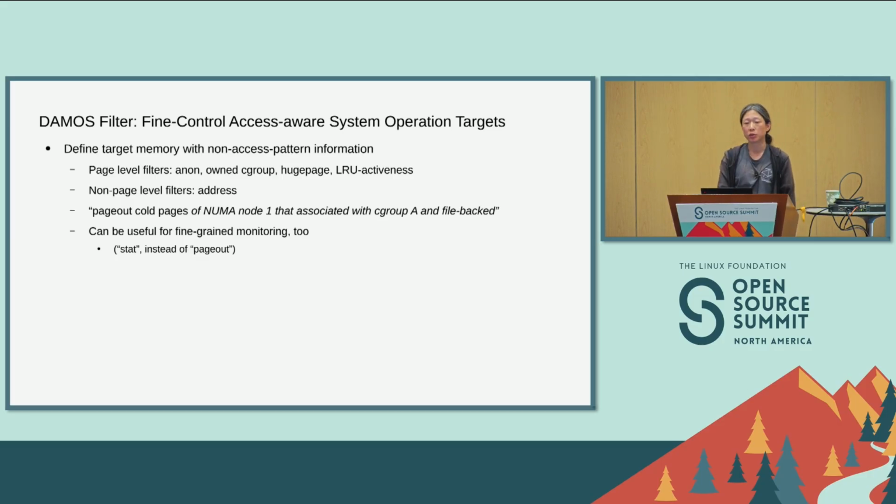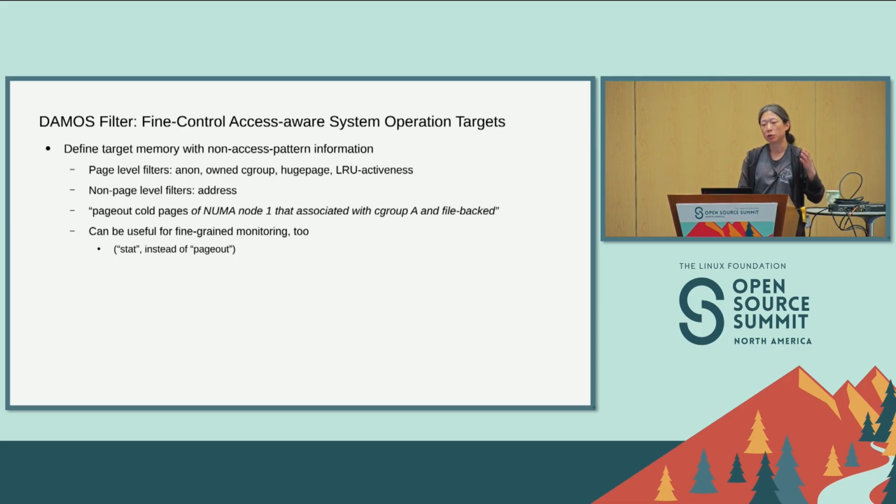The first feature is called DAMOS filter. This is for fine-level specification of the DAMOS target regions. DAMOS target regions can be specified by access pattern. Access pattern is good information, but not enough for fine control, because there is some more information that users can know about. Yes, we want to reclaim cold pages, but we want to do that for only file-backed pages or only anonymous pages, because we have some fast swap space like zswap. That could be very different. There could be very complicated and different use cases,